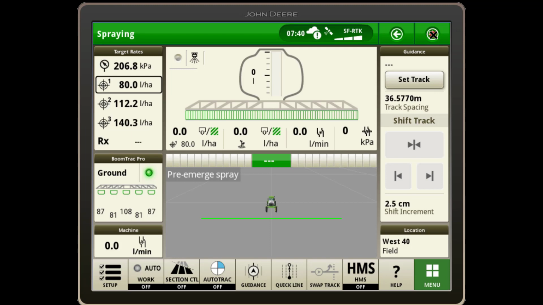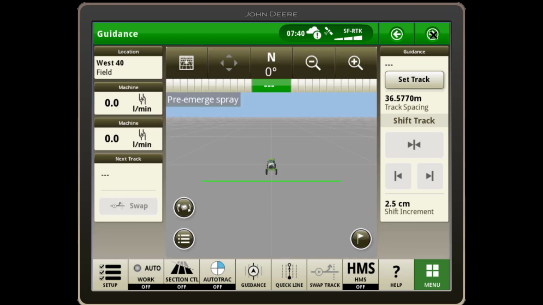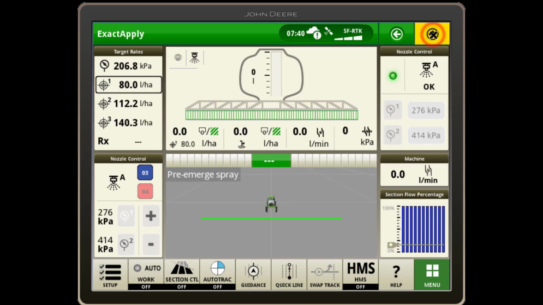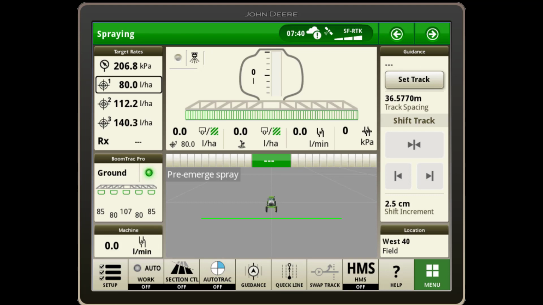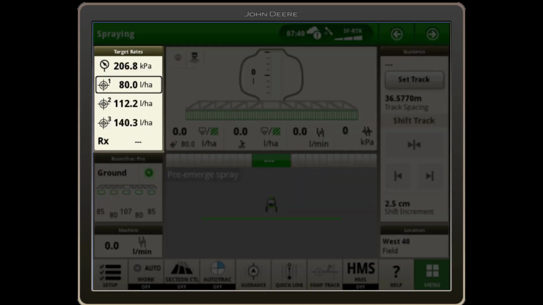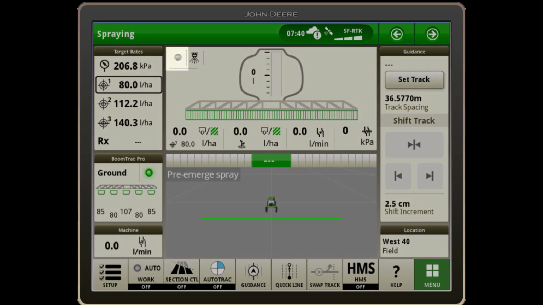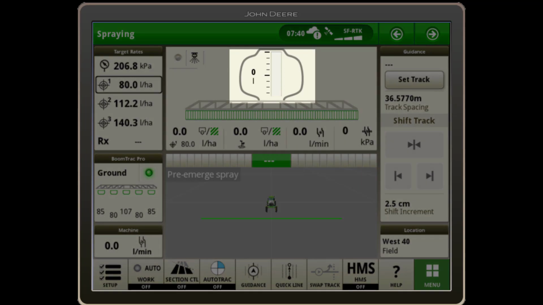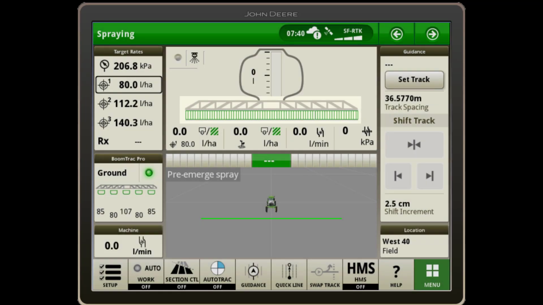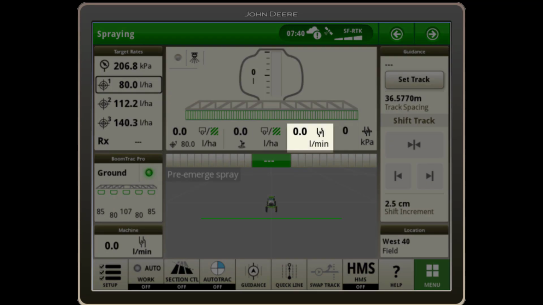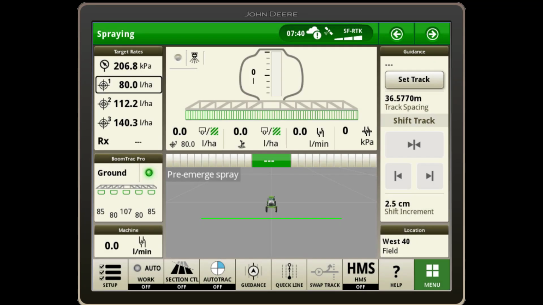Gen 4 displays come configured from factory with a number of helpful default run pages, including spraying, guidance, exact apply if equipped, and see and spray if equipped. Back on the main sprayer run page, you can review the currently selected rate and select from other predefined rates. Master switch indicator, tank fill level, section status, current rate, current flow rate, and pressure are also visible in the